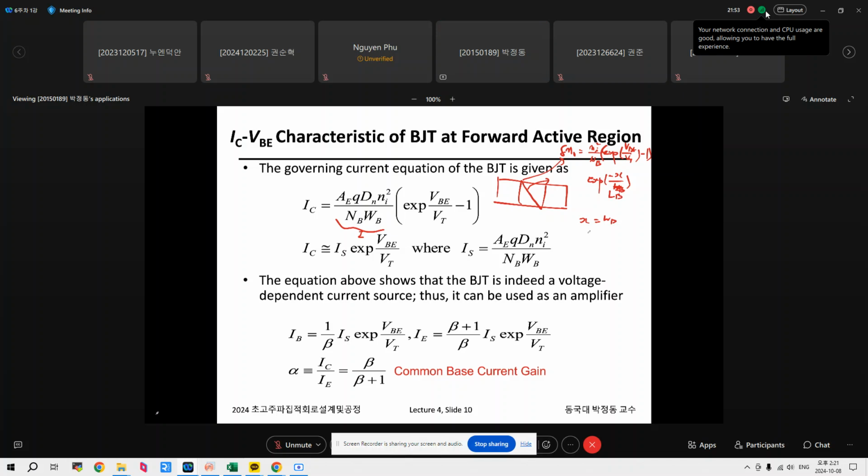Since WB over LB is much smaller than 1, this exponential minus LB divided by x is approximated by 1 minus 1 plus LB x, 1 minus LBx. Okay, so if you put this together, then this is modeled like